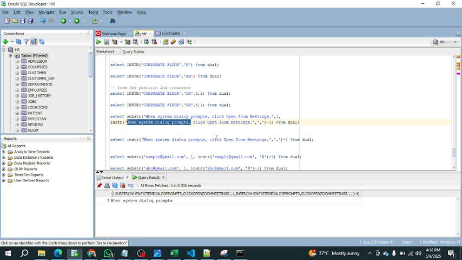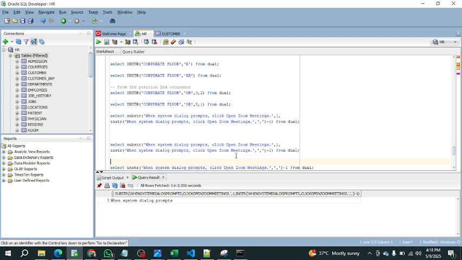Akash, Venki, if I give directly, see in the same example, I can give 26 directly here. The same result will be shown: when system dialog prompts. See, if you see here, I gave 26. I have taken this in string value, and in place of this in string I have given the 26 directly. Understand, right? 1 comma 26, I have given 26 directly, but it will be treated as hard